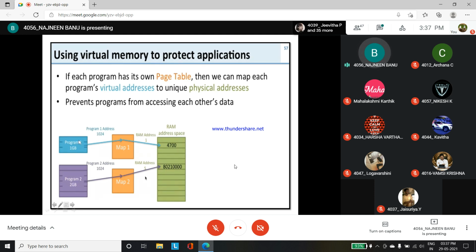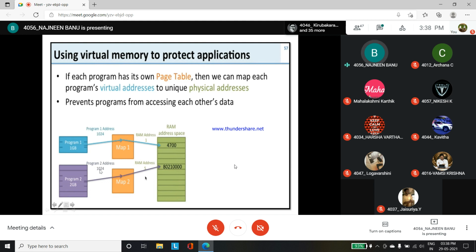Each program should have its own page table, then only can we map to different, unique locations. It should not corrupt or crash, because if you don't have this mapping in between, program 1 and program 2 have the same address.